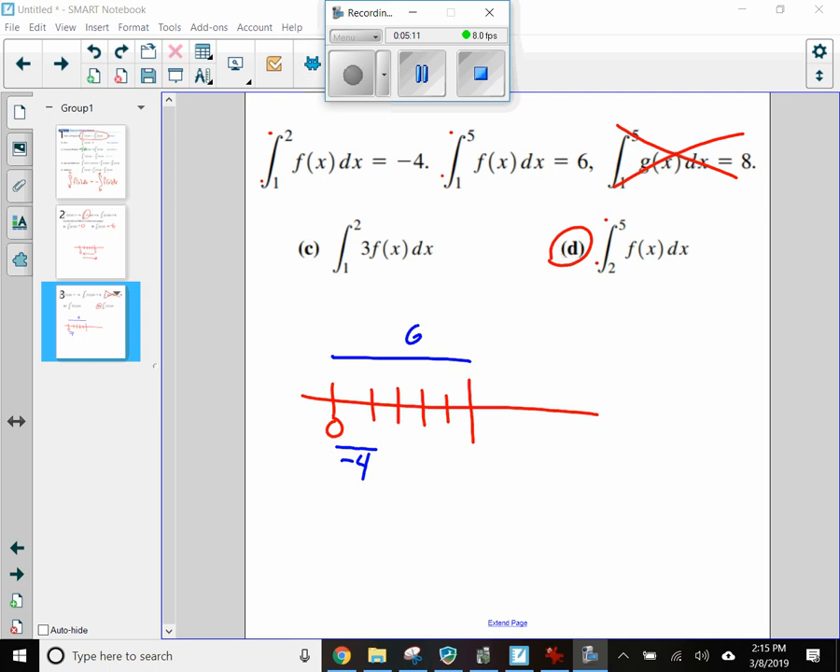So kind of logically thinking, I'm thinking that if I'm going to have a total of 6 from 1 to 5, here, oh, I made it from 0. I should have done it from 1 to 5. I'm sorry. Let's make this a 1. If I'm going to have a total of 6 from 1 to 5,